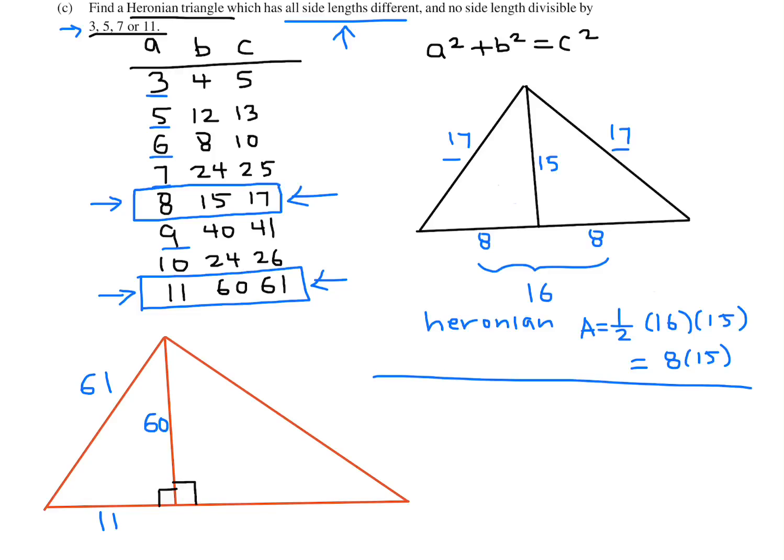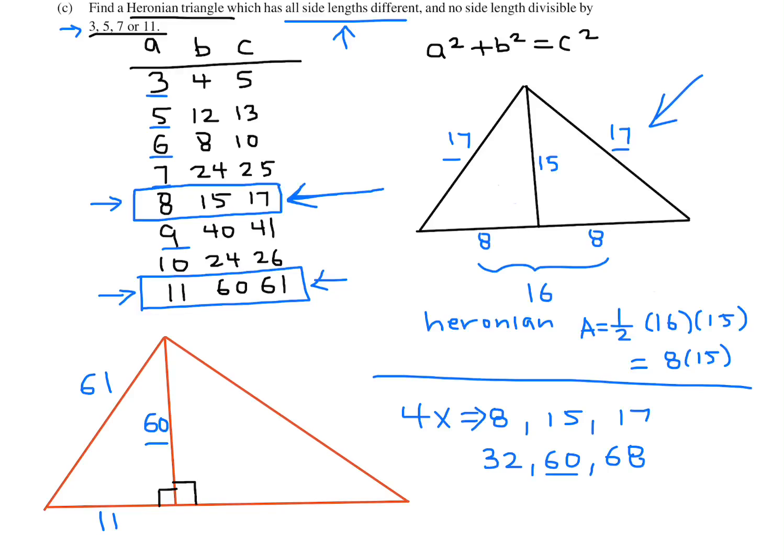What can I do? Can I put the same 11, 60, and 61? No, because then we're going to run into the same problem we did up here, that we're going to have two sides that are exactly the same. So here is the magical part of this test question: you put in this triangle right here, but you put a multiple of that. So you can't put 8, 15, 17, right? That won't match. But you can put a multiple of 8, 15, 17. Multiply this whole thing by 4, and that would make it 32, 60, and 68. 60 being common right there. And then 32 and 68,